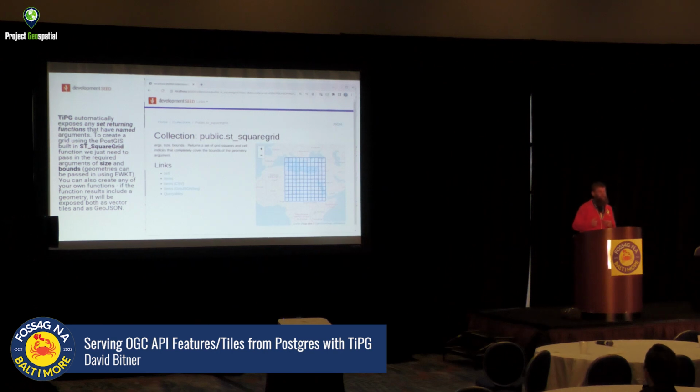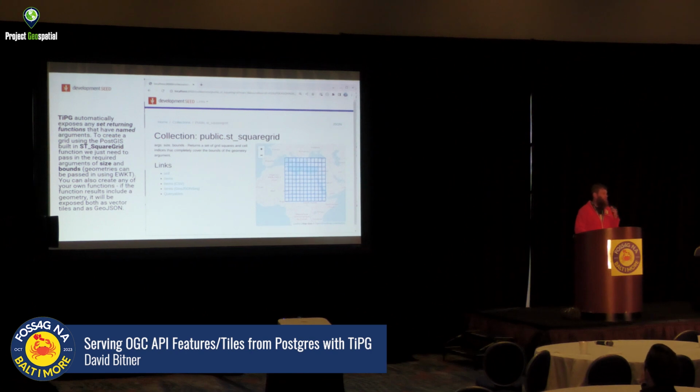And if that set returning function returns a geometry, if it doesn't return a geometry, you can still get the tabular data. You can still get the HTML table of the records. And if it has a geometry, it will return as the GeoJSON and as the vector tiles as well. And so just the way that it works, because it's any set returning function that returns geometry for showing on a map, even the standard ST_SquareGrid that is part of PostGIS will show